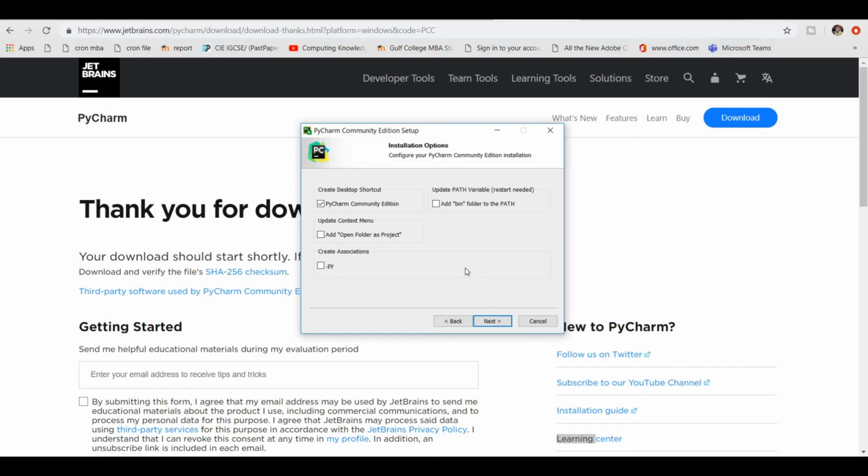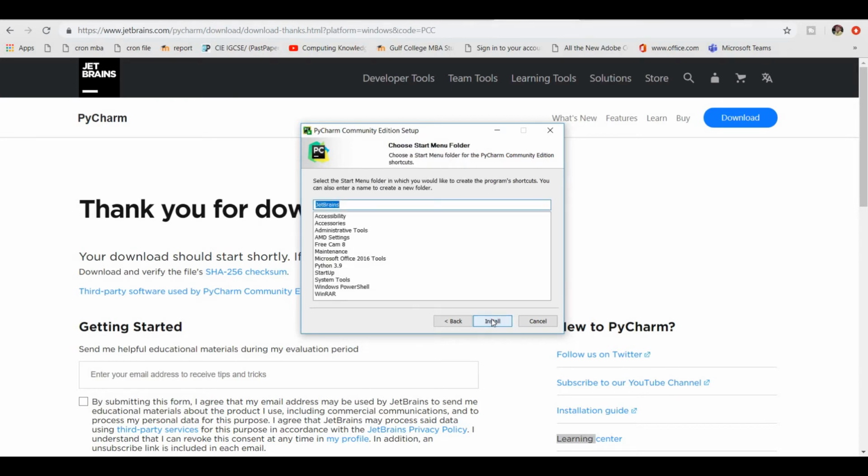I check that one, in this way I can get the shortcut on my desktop. Now click on the next button. This is just a part of installation. Yes, you can click the next button.